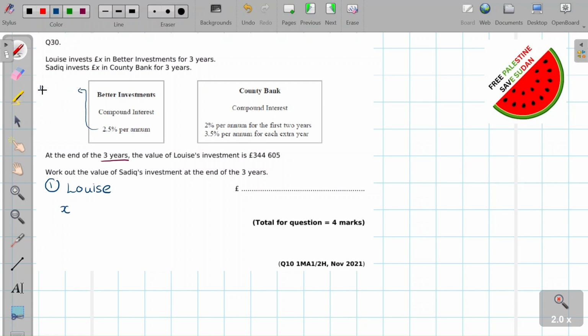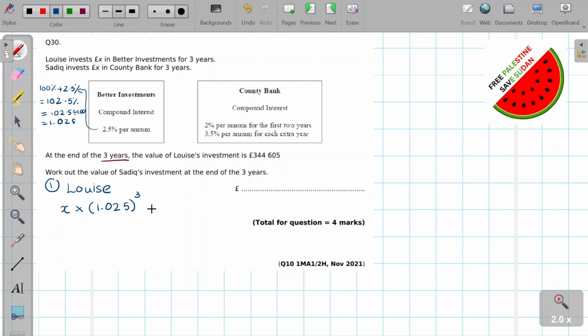So 100% plus 2.5% is 102.5%, which is 102.5 divided by 100, which is 1.025. Okay, so X you multiply by 1.025, but you're going to multiply it 3 times, so it's to the power 3,